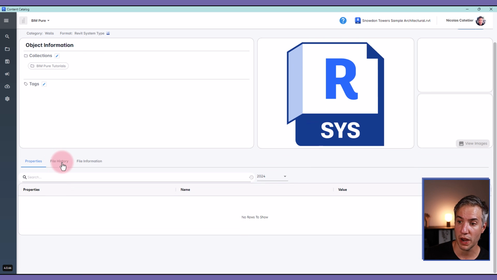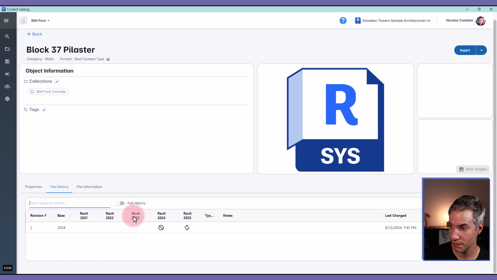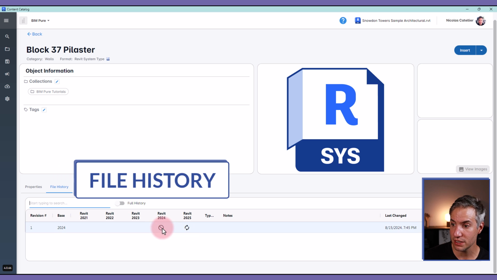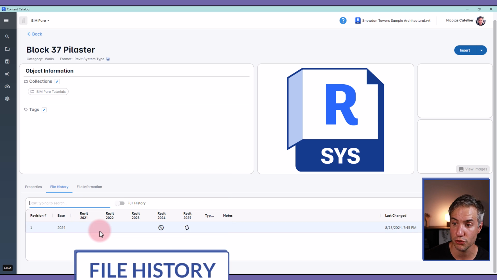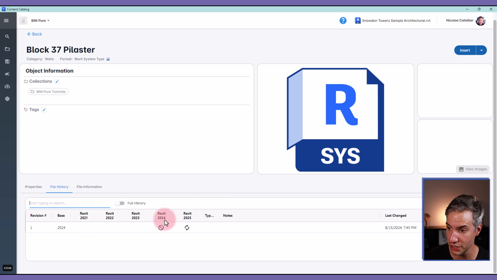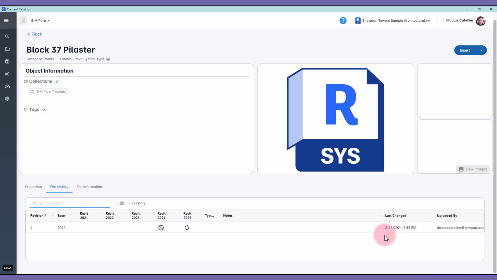Something interesting as well, you can go to file history. And you can see automatically this will be updated and converted to Revit 2025, but not to earlier versions of Revit. So I'm using 24 in this case. So obviously it's not going to create this content for older versions. And I can also see the date with the last change. And if I was creating multiple versions of the same content with the same name, all versions would be indicated